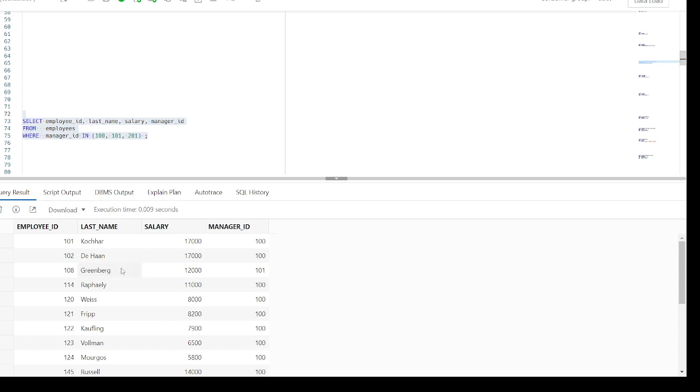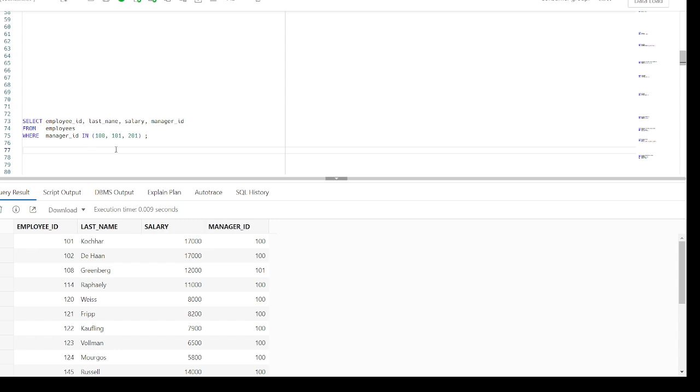If you want to use a character value, you can, but the condition is that the character value must be used within single quotation marks. Whether it's characters or dates in the list, they must be enclosed within single quotes. So the in operator works with numeric values, date values, and character values. Okay.